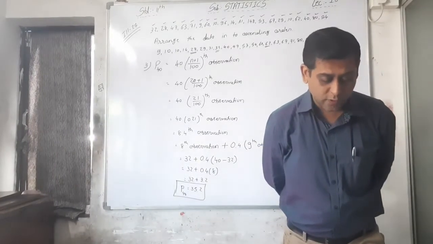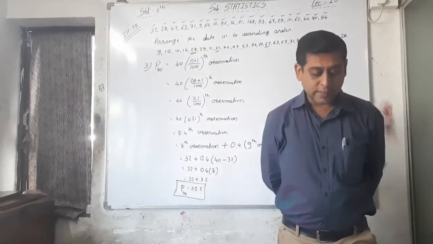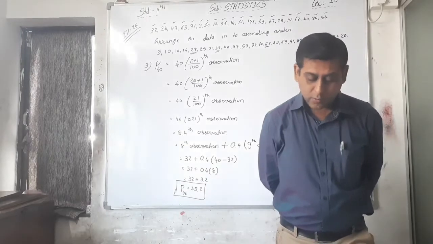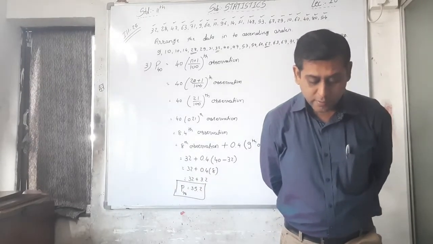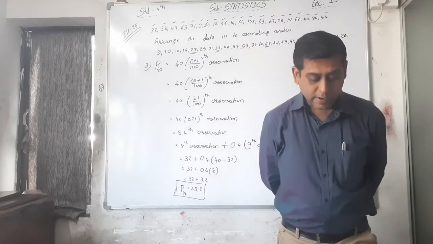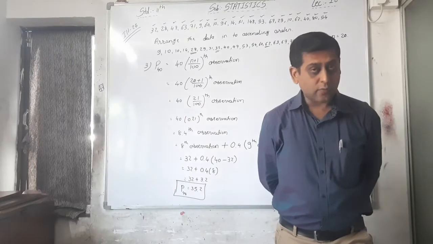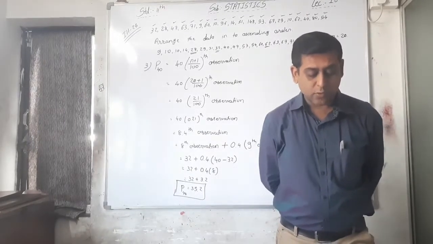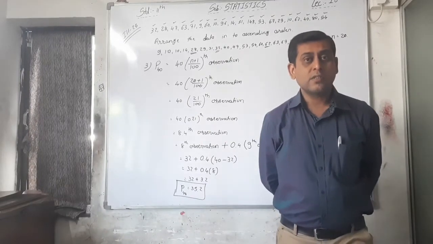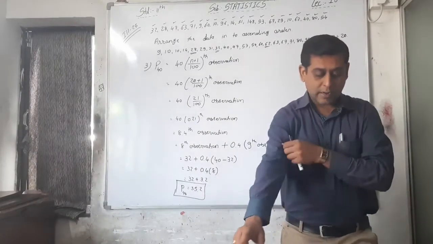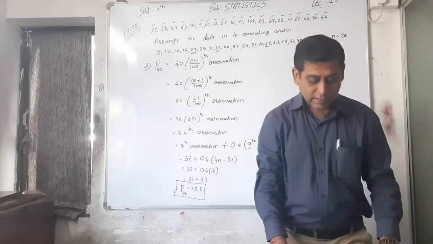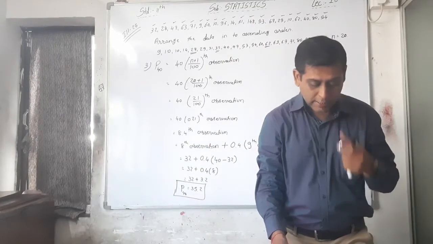Now I am reading the question first. Illustration number 26. The following data refer to the milk quantity in 90 bags filled by a machine in a dairy. Milk content in milliliters 480 to 485, 485 to 490, 490 to 495. See, it is which type of data? It is continuous grouped data, right? And see here, it is inclusive or exclusive? See, it is an exclusive data, right?